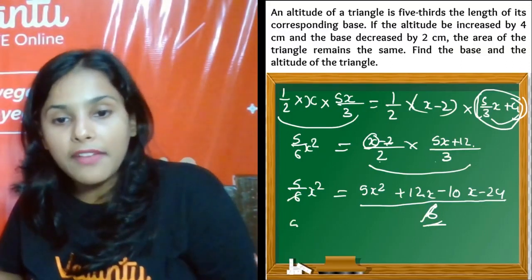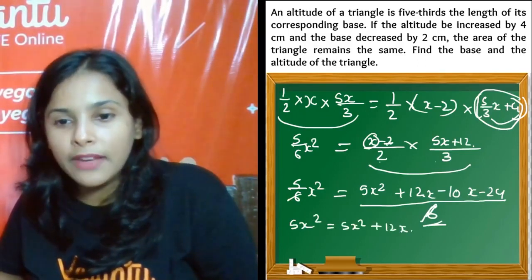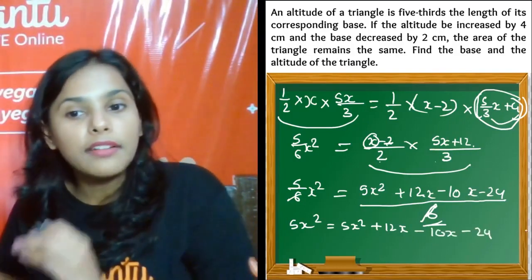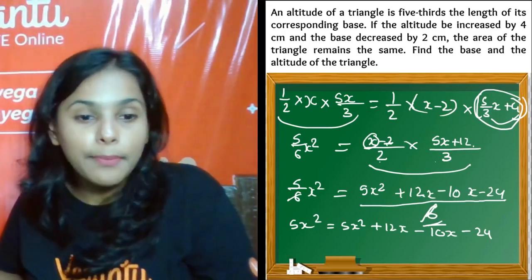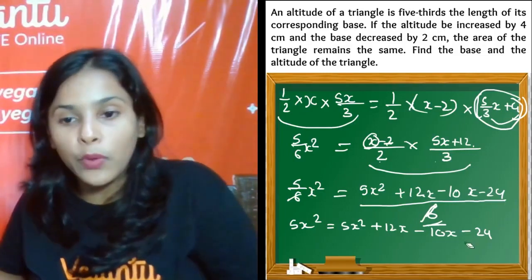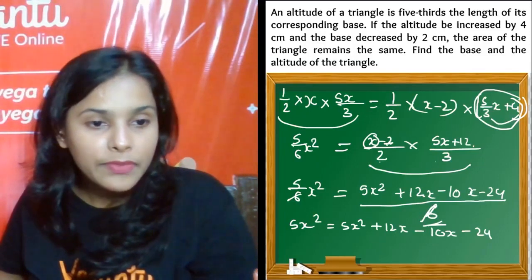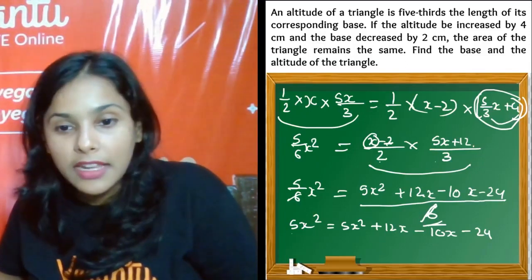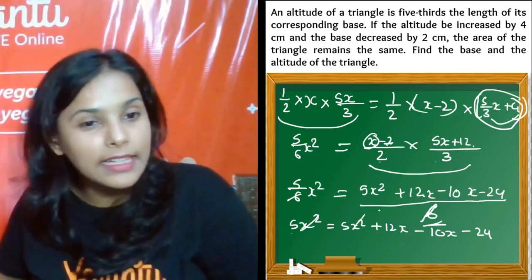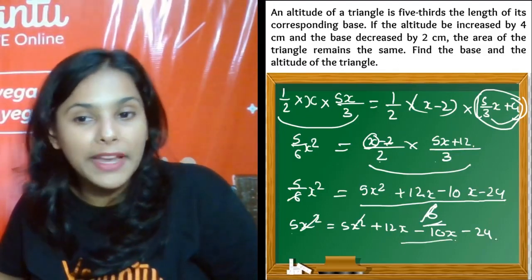Cancelled out. So 5x square is equal to 5x square plus 12x minus 10x minus 24. Simple. Right now you have this equation. अब फटाफट से आप क्या करोगे, taking the variable terms at one side and constant terms on the other side, you will get here, ये 5x स्क्वायर से 5x स्क्वायर कैंसिल कर दें. ठीक है, अब इधर ये बच गया आपका 2x और माइनस ऑफ 24.